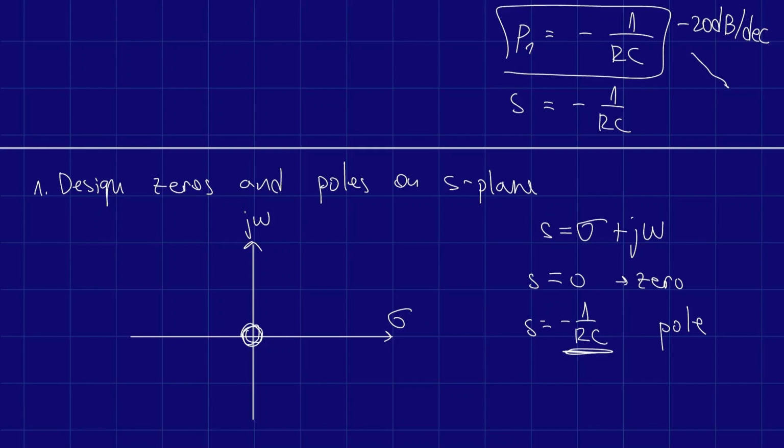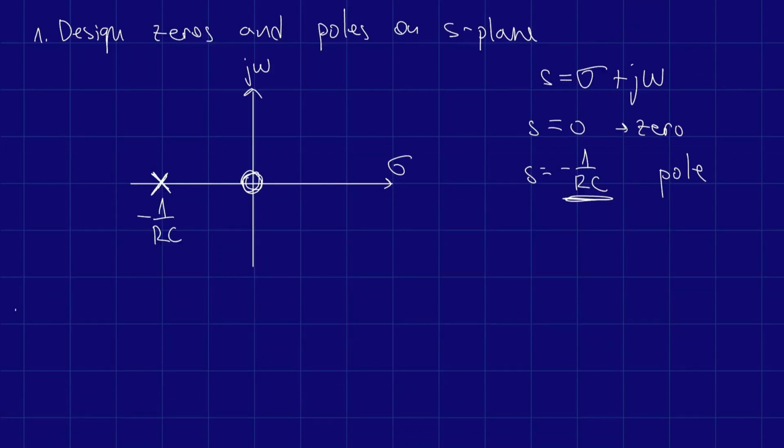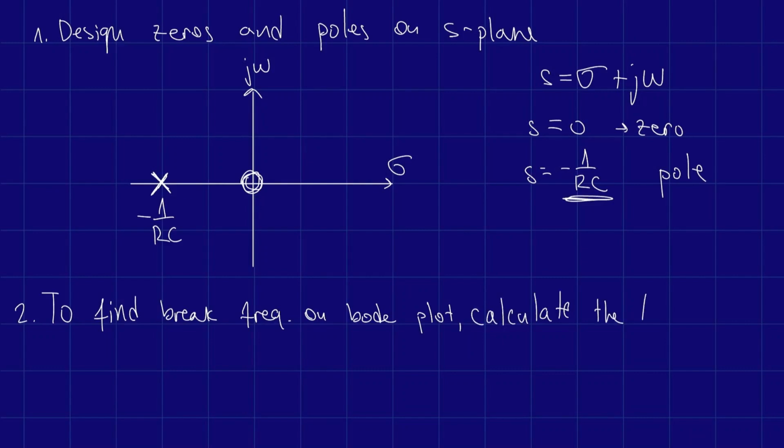So since it doesn't have that part, it is purely on the x-axis and in a negative part specifically. So we'll just draw it right here, and we'll call it -1 divided by RC. This is our pole, and I denote it with X. And now to find break frequencies on Bode plot, you need to calculate the distance from 0 or pole to